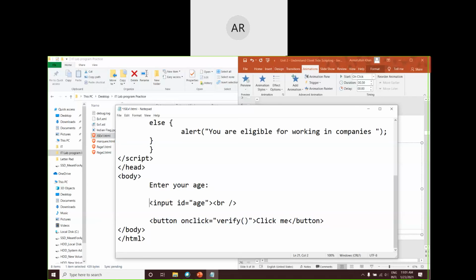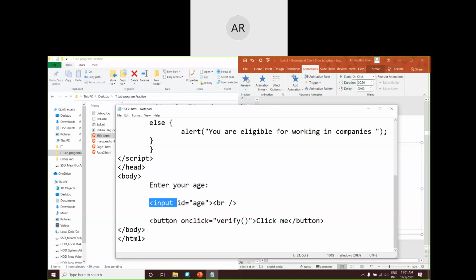Next, to create an input box, we are making use of an input tag. One of the attributes of that input tag is ID, which is used for identifying that specific input tag. And we are giving a value to that ID, so that wherever I write the word age, it will refer to this specific input tag.